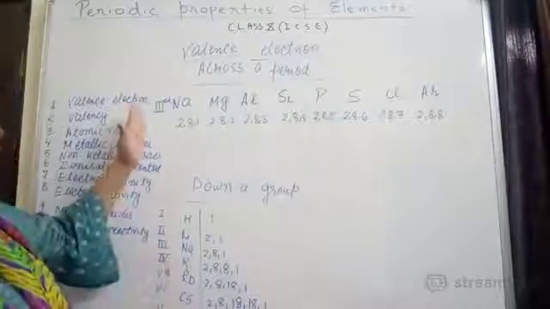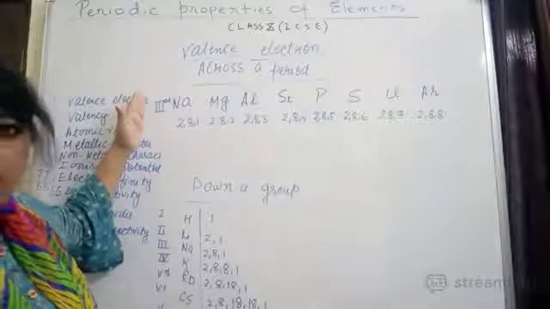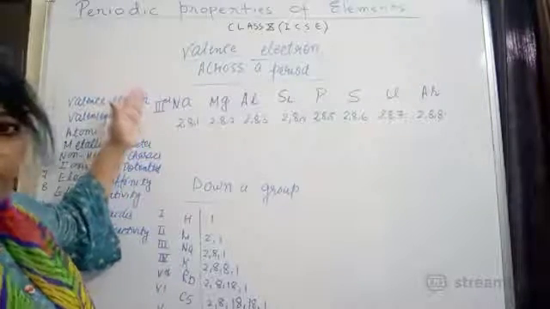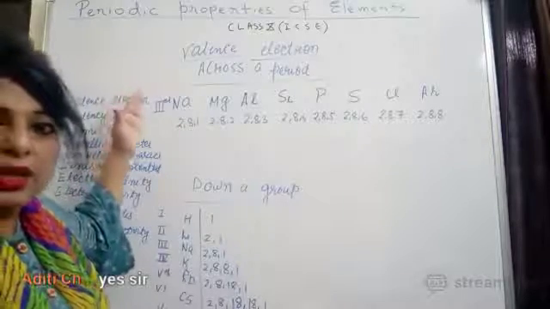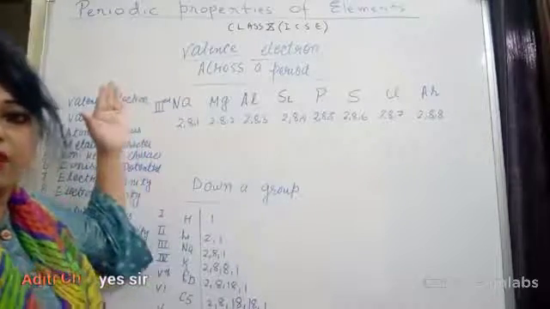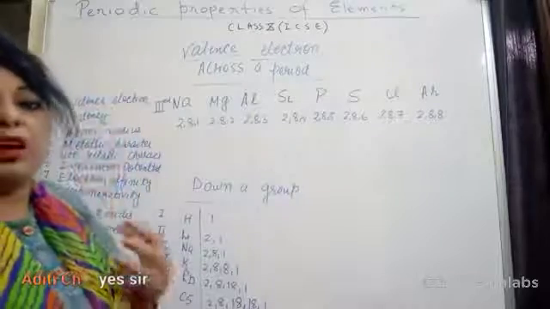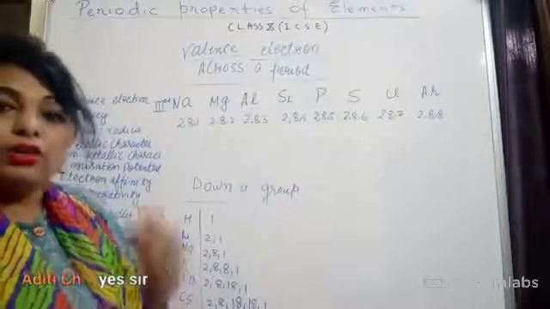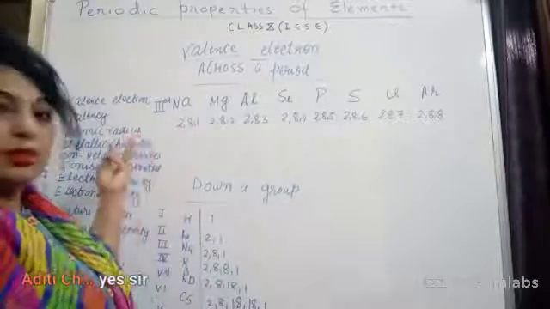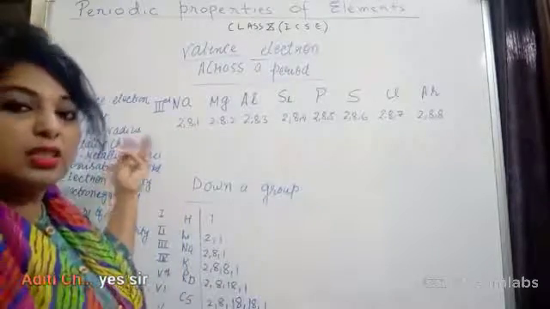Okay, so I have written a few examples for you. These are the third period elements. Third period means how many shells should be there? I told you the meaning of the period: the period number means how many shells are represented by each element. The third period means they must have 3 shells.